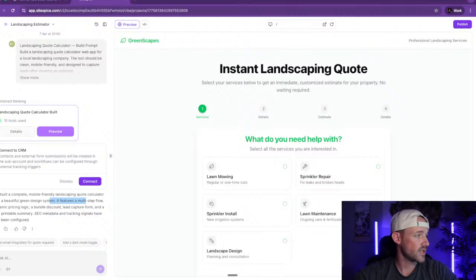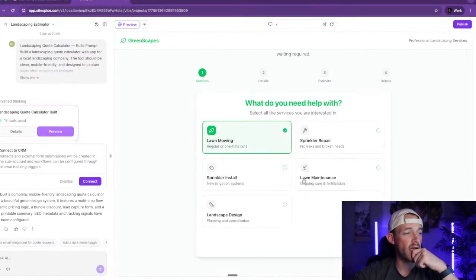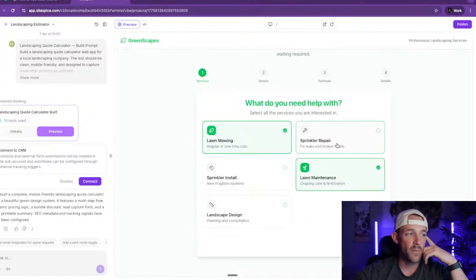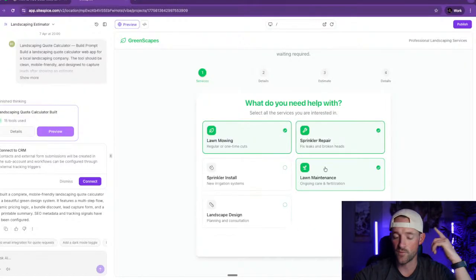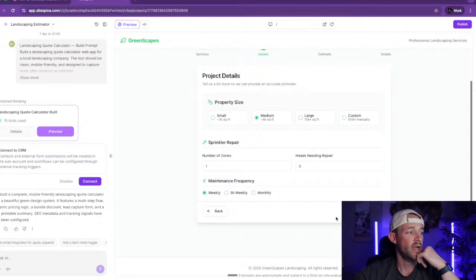System. It features a multi-step flow, dynamic pricing logic, a bundle discount, lead capture form, and a printable summary. Wow, this is pretty awesome. Okay, so let's go. And also, I just need something maintenance, like ongoing, somebody for the summer. And I might have some broken sprinklers just over the winter and some frozen pipes and stuff. So if you guys could check that out too, that would be great. And then it's like, okay, awesome. How big is your house? Well, it's about